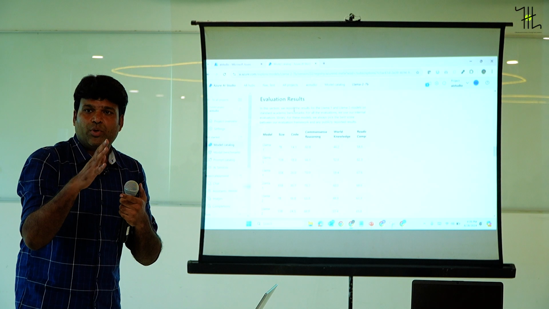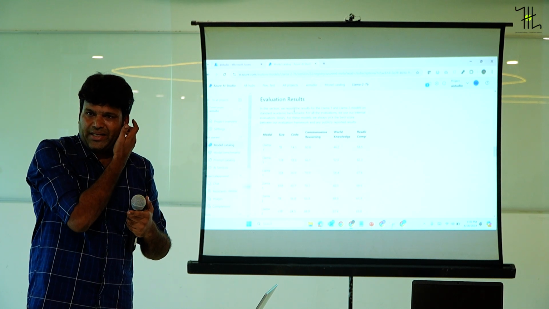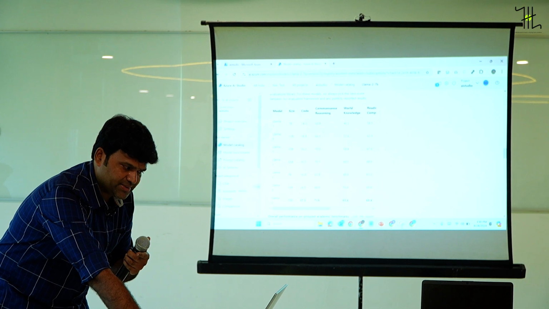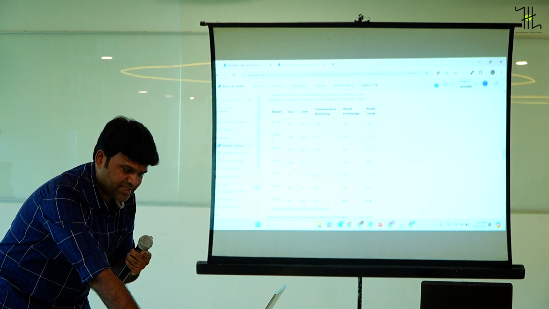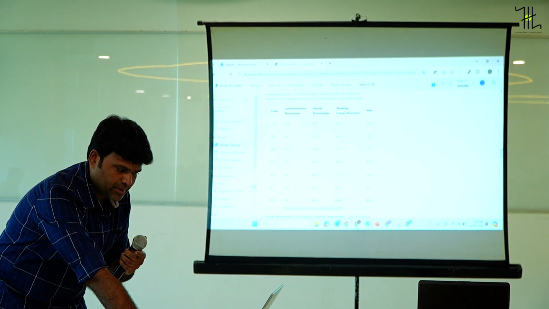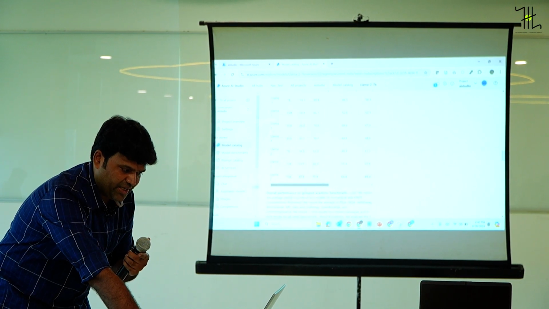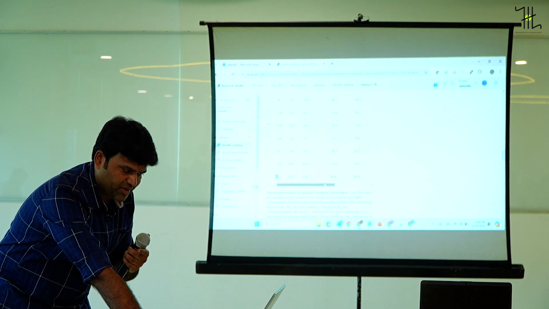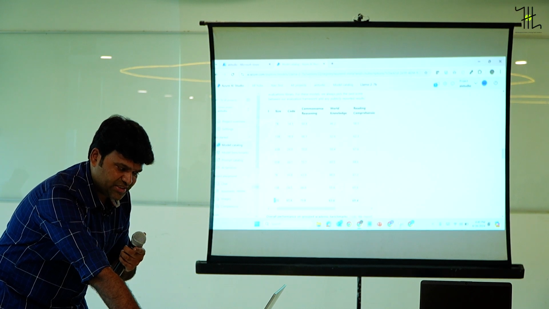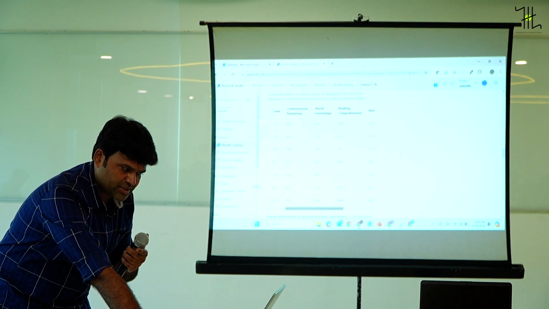And here you can see the model evaluation. You were asking how I can trust this data, right? So while selecting the model itself, you can compare all this. For example, what is the common sense reasoning, what is the world knowledge, what is the reading comprehension. As I said, when we have more parameters, for example, 70 billion parameters will have more world knowledge, 63%, and the common sense reasoning also 71%.